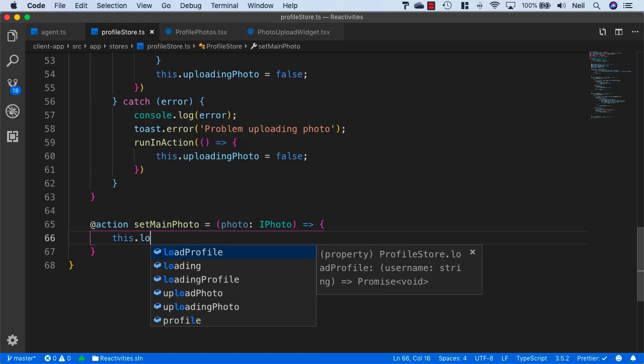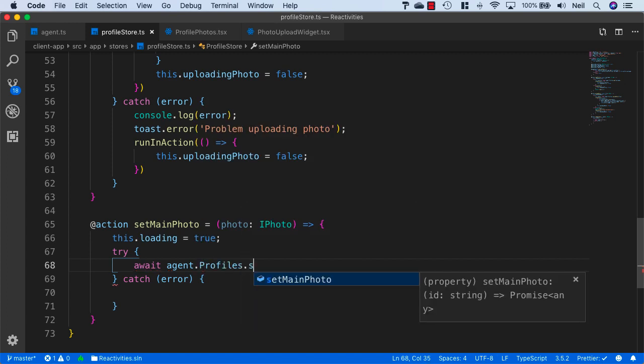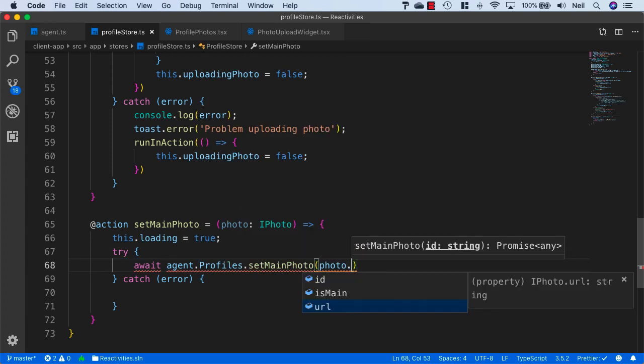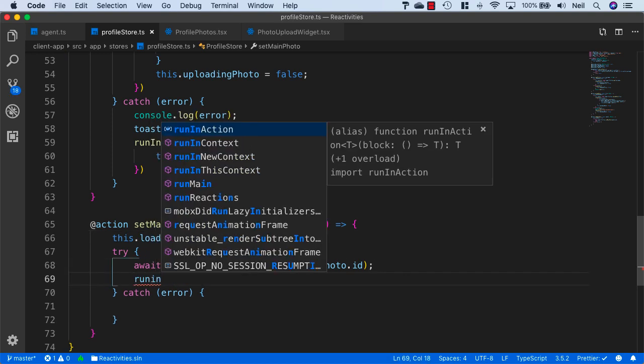And scroll on down again, and we'll just say this.loading equals true, and then we'll just add the try catch block and pass in the error. And what we'll do here is we'll say await agent.profiles.setMainPhoto, and just pass in the photo ID, and we need to make this an async method as well. And then we'll add our runInAction,